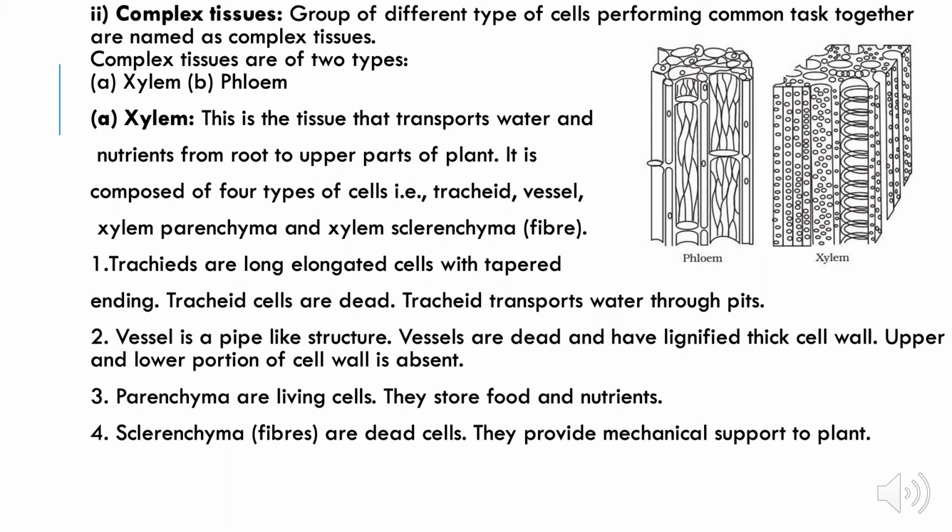The second one is vessels, and these vessels are the dead part, and it is a long tubular cylindrical structure. It also helps in the transportation of water. Then comes xylem parenchyma. They are parenchymatous cells, and the main function of parenchymatous cells is to store food, and it also helps in the sideways conduction of water. And the fourth one is xylem fibers, and these xylem fibers are dead. They are made up of sclerenchymatous cells, and what will be the function of dead tissue? To give support. So this is all about the xylem.